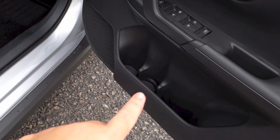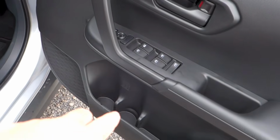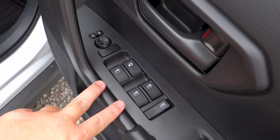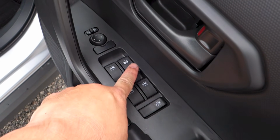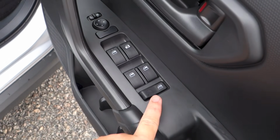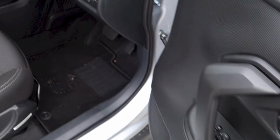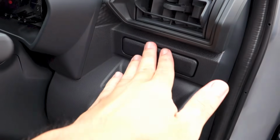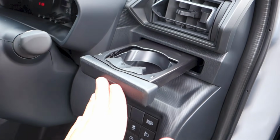Speaker, bottle holders, storage, mirror controls, window controls. All of the windows in this car are powered, while the driver's side is the only side that gets a full automatic function in both directions. Window lock, cup holder,